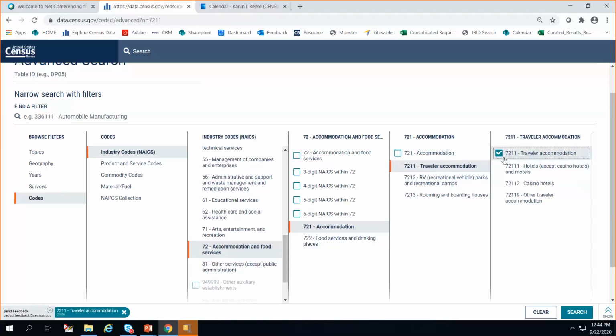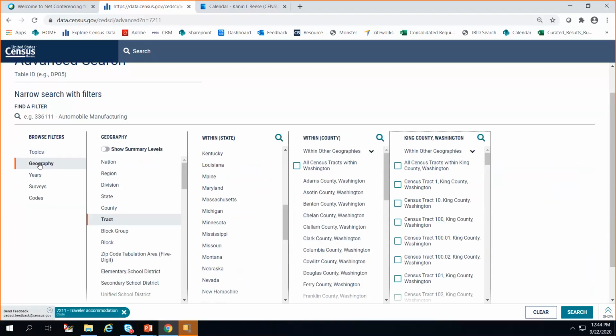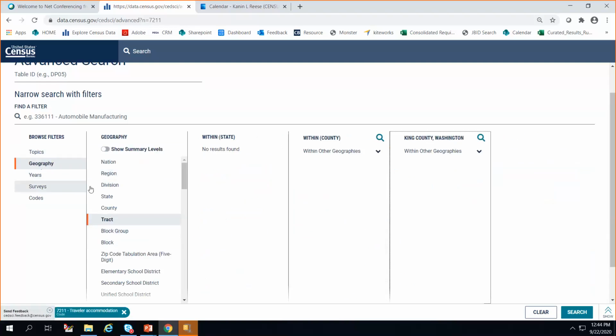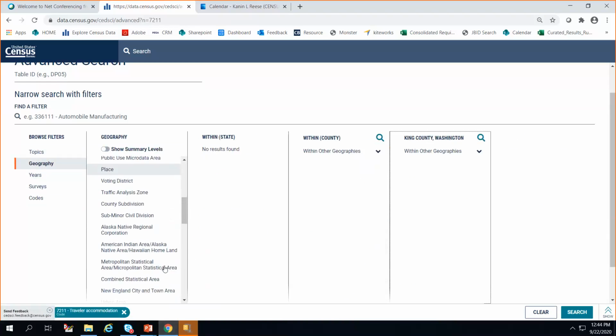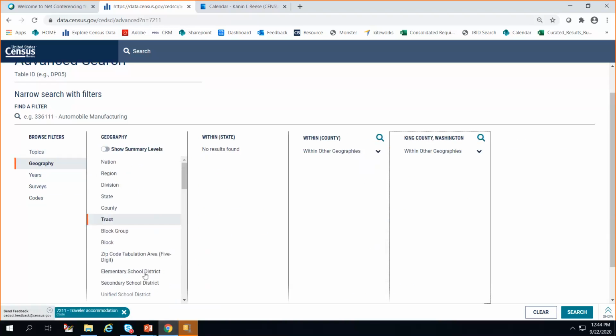Shows you that there's nothing underneath it anymore. And then from here, I can then go and do a geography. And then I'm going to show you one last thing, is that right now we've been going through without the toggle on. And what this is just a basic look of some of our basic summary levels we have. Lots of the things that we've calculated and created from our geography area